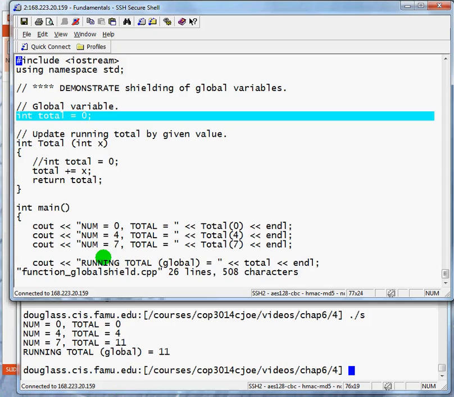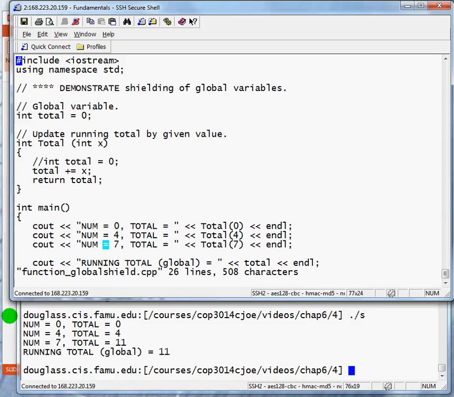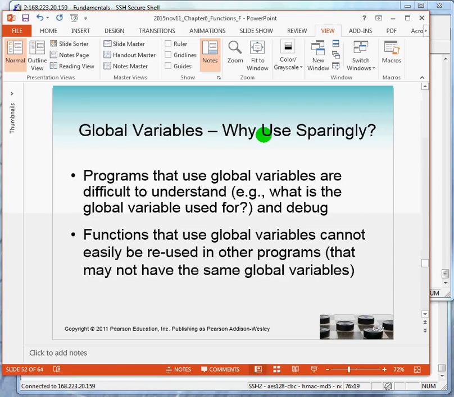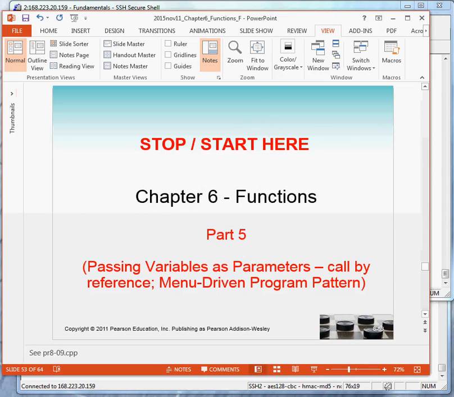Okay, so I think we're nearing the end. Now, as a rule, do not use global variables because they actually make things harder to understand than you think. Sometimes global variables are tied to functions, and one function may understand the role of a global variable, whereas another may not understand, and it may misuse that variable. All right? So we're going to end right